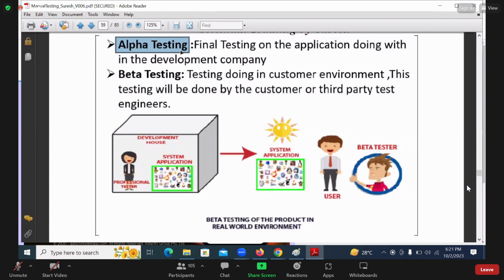We can consider that final testing or end to end testing is done by the testing team. The testing team takes care of